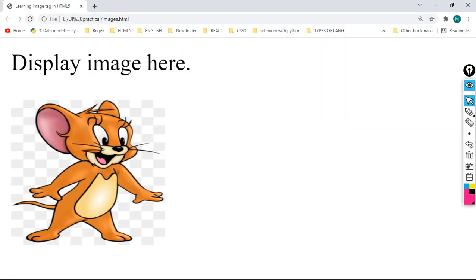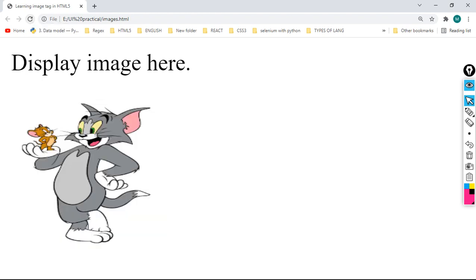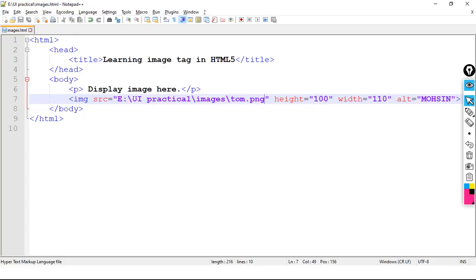I'm going to refresh 1 2 3. Refresh. Here you go. Got it? So this is an example of absolute path. Why is this absolute path? Tell me. Because I am not giving this path from the current file location. I am giving this path from the root directory.